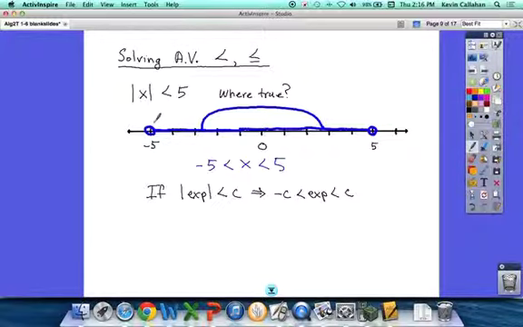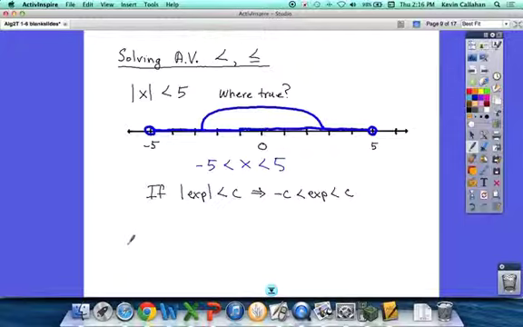Okay. Well, again, most of these are not going to just be x. It'll be some expression in absolute value is less than a number. But we still expect the same kind of graph, right? It'll have a bound on the left and a bound on the right and the shading in the middle. And the way we're going to solve it is by writing a three-part inequality. And we did see a little of three-part inequalities in the last lesson. In the presentation of the lesson, I don't think there was homework that did it. But